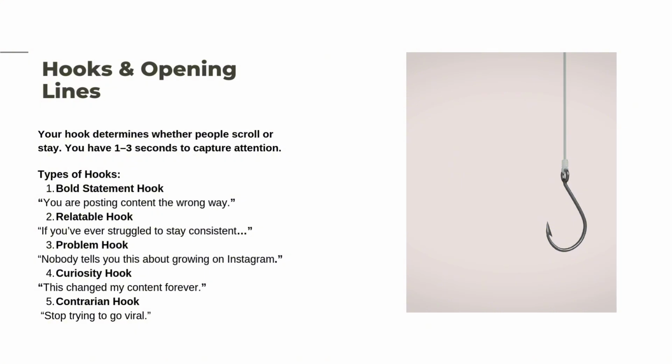Let me give you an instance of a contrarian hook. I'm thinking of the worst things to say, right? So an example that I put here was, "Stop trying to go viral." That's contrarian because every other person would want to teach you how to go viral on social media, right? Now, the fact that it's contrarian doesn't necessarily mean that the person in question is against that line of thought. It just means that they're trying to get your attention, right?